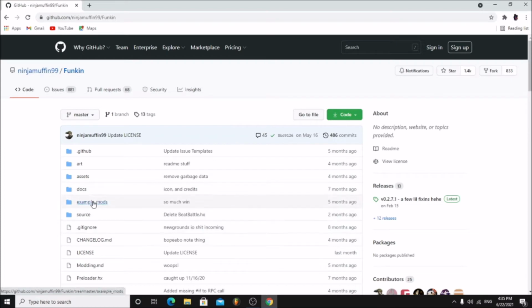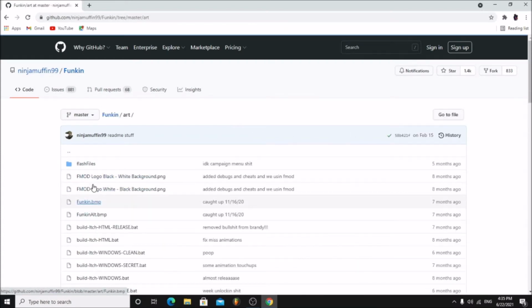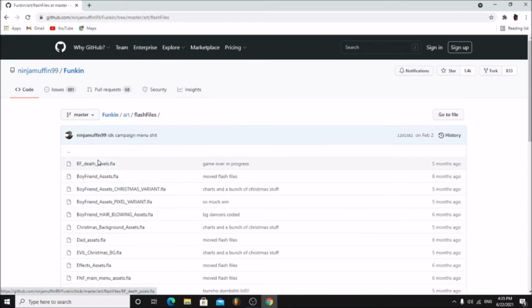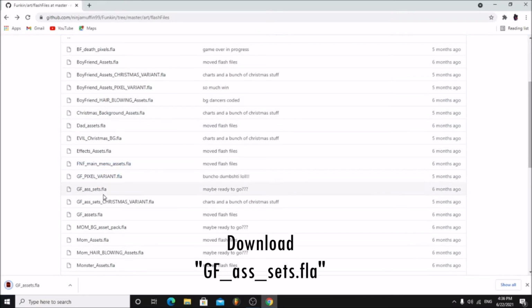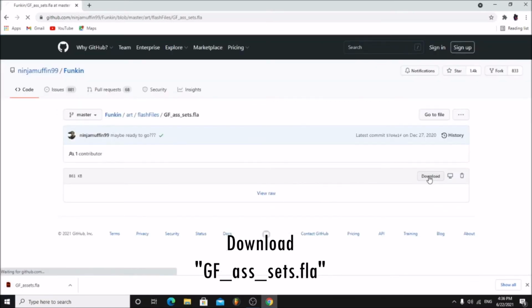Now go to Google and search FNF GitHub. Go to the GitHub page. Go to Art, Flash Files. Here you will find all the project files for Friday Night Funkin'. Download the gfassets.fla file